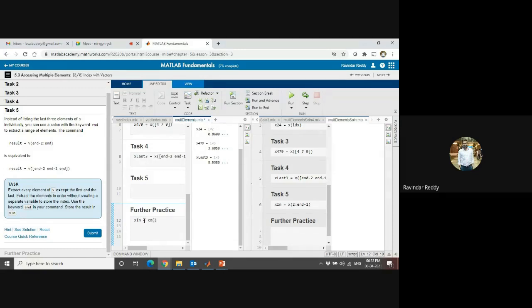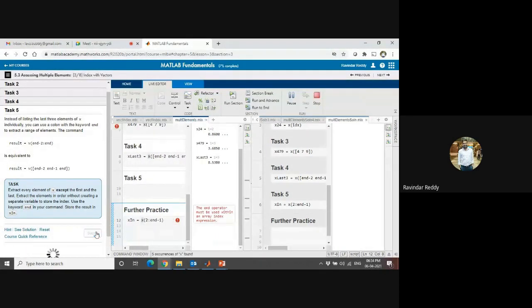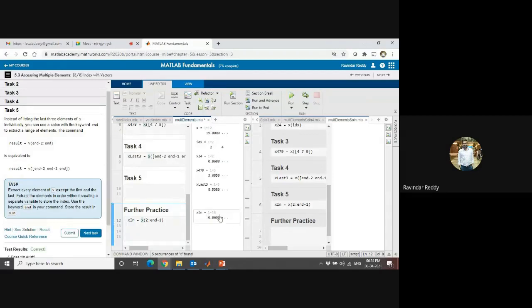x of 2 semicolon n minus 1. Sorry, here I'm using the double x. If there is some mistake, it will show it; there is an AND operator there. So if you type some mistake here, so when I'm typing the mistake,